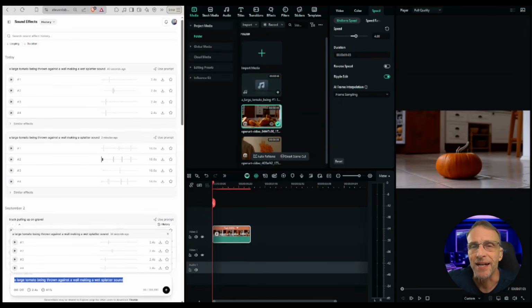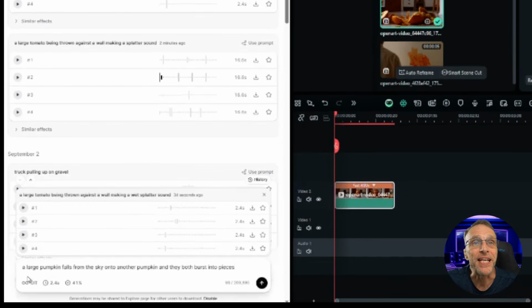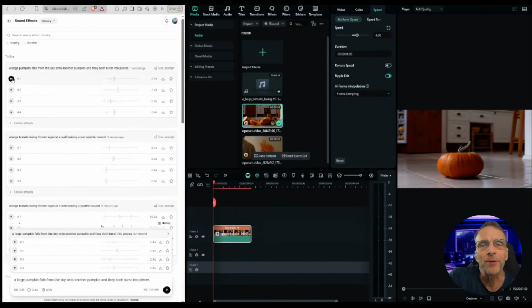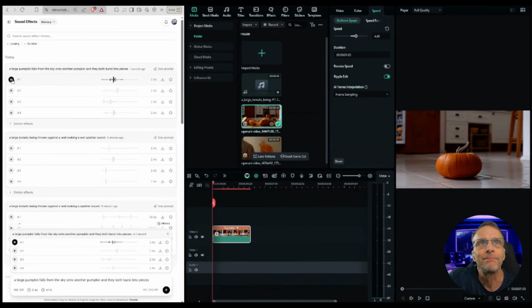Now we need to generate the sound of a pumpkin smashing into another pumpkin. Smashing pumpkins! So my prompt here is a large pumpkin falls from the sky onto another pumpkin, and they both burst into pieces. Let's see what we got here. Okay. Well, if the pumpkins were made out of plastic,